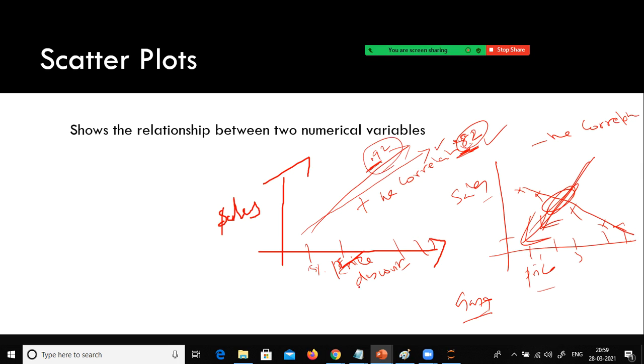That's the reason why we have something called the correlation coefficient. We use a notation called R. The R value will range between -1 and +1. Any value closer to 1 is better. Any value closer to 0 means the relationship is very weak. If it is a negative relationship, it will show closer to -1.